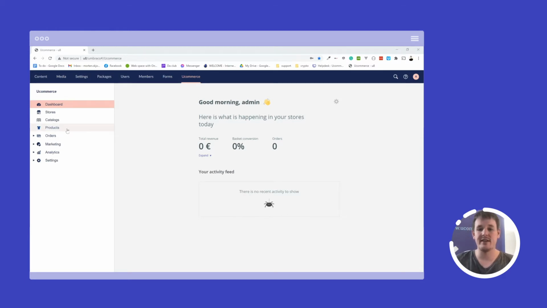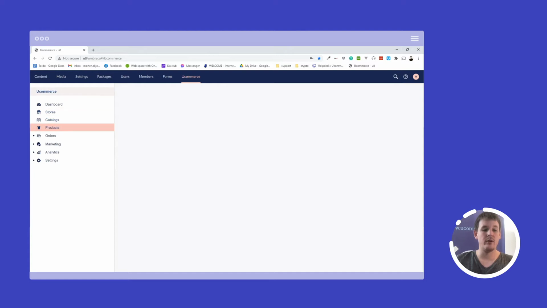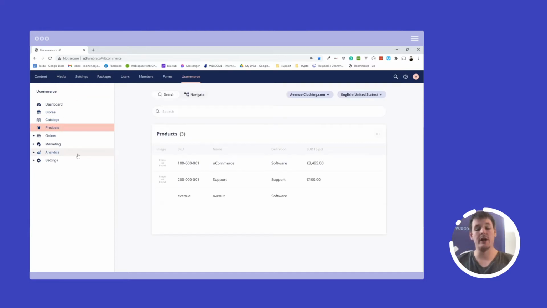Products can be accessed in the Products app over here in the navigation to the left, and this allows you to both search and navigate for the products that you want to see. So for the search, you will just get a simple input field where you can search for a name and SKU of your products. So in case you don't know where your product is placed, there'll be a nice little search feature to navigate to your products here.